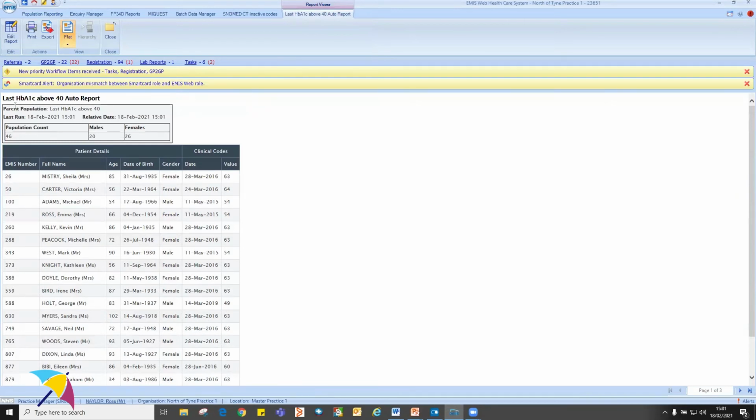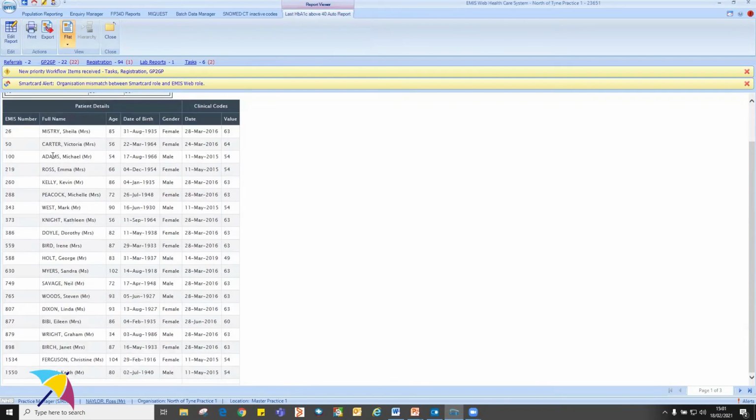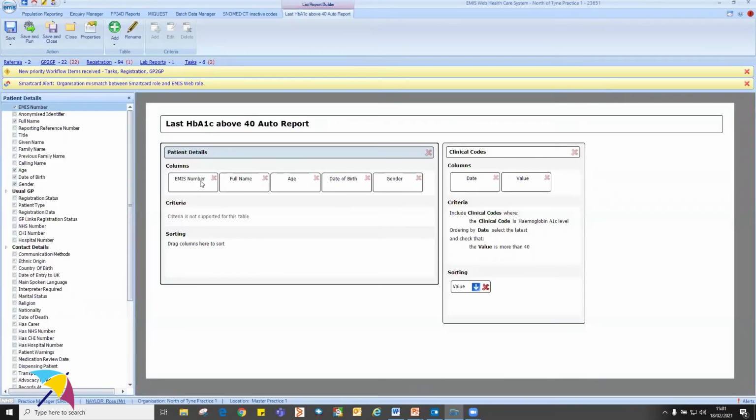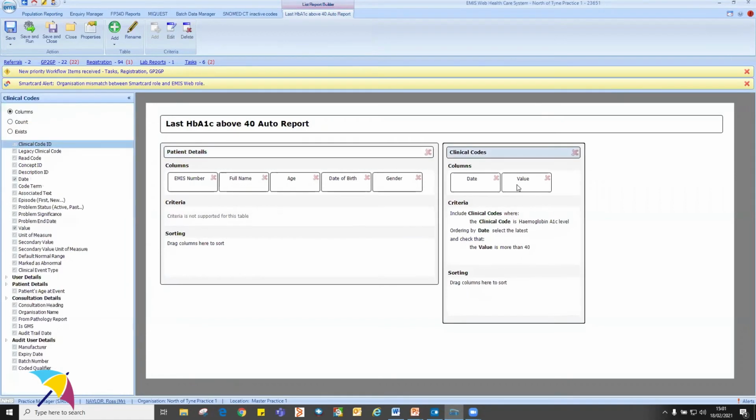It's continued to sort them by EMIS number. Instead, it's the two tables. That's why. So, what we need to do, to my mind,